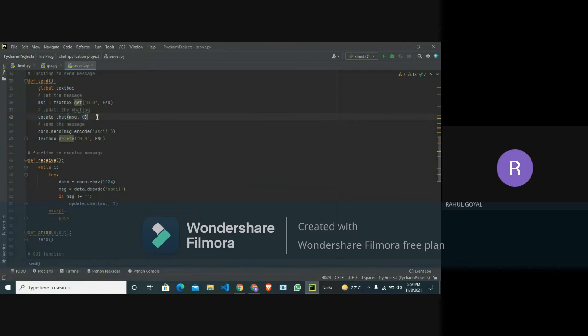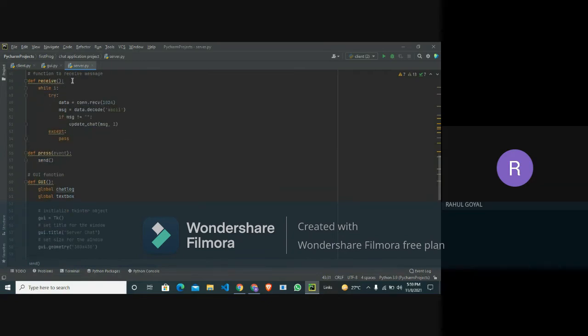Here the state is 0 because the sender sends the message. We encode our message in ASCII, so that if our message is lost between server and client, our data is secure and no one can hack our message. text.delete is used so that when we send our message, the text area is cleared and we can send another message.